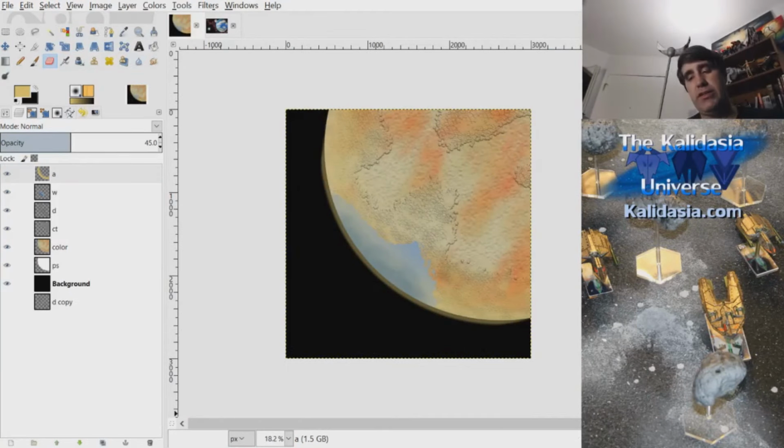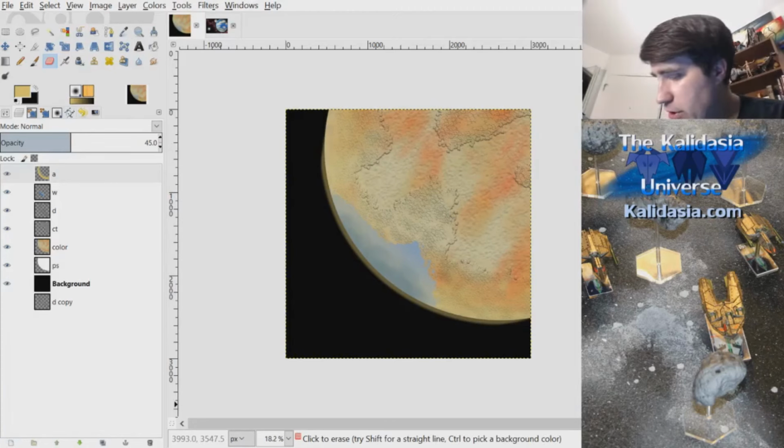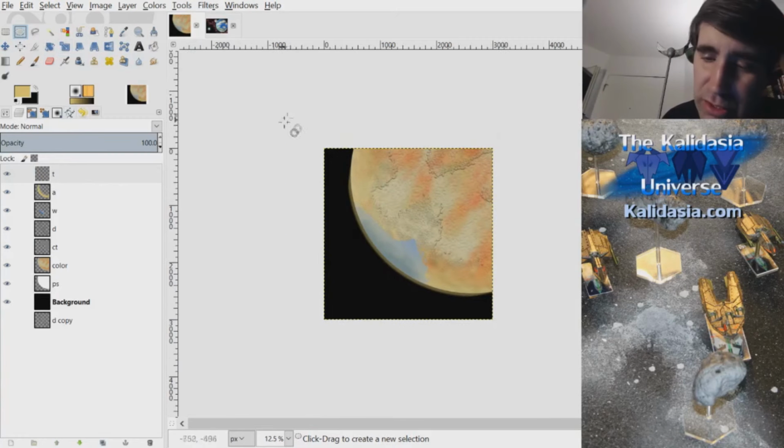Last thing I'll do here is show you how to draw the terminator. The terminator, of course, as I mentioned before, is the boundary between night and day. So T for terminator, we're creating a new layer. Let's take out our ellipse tool,